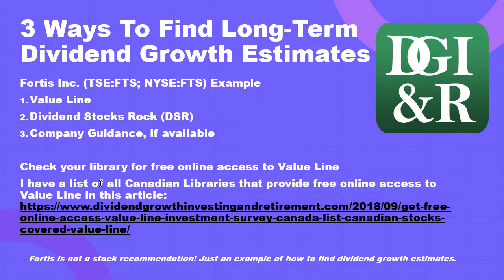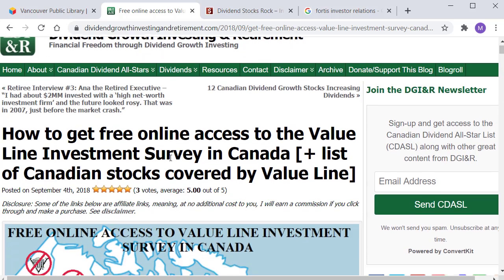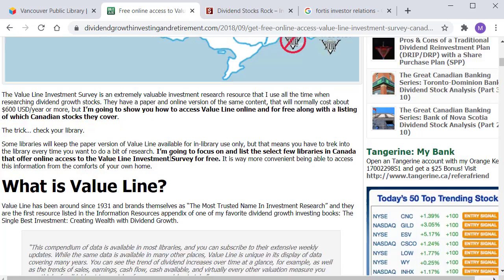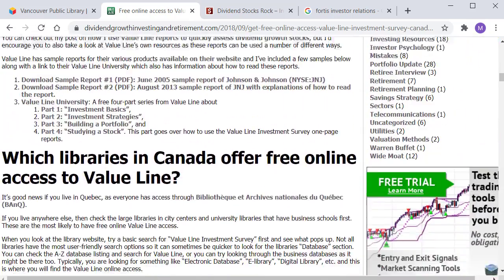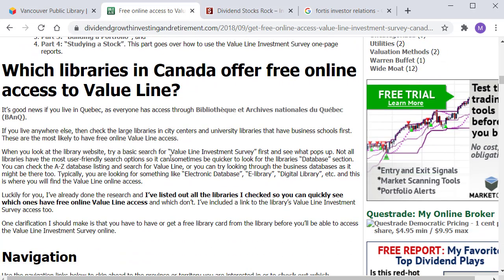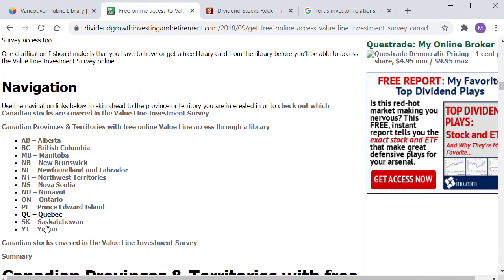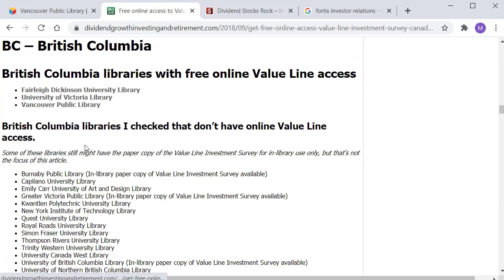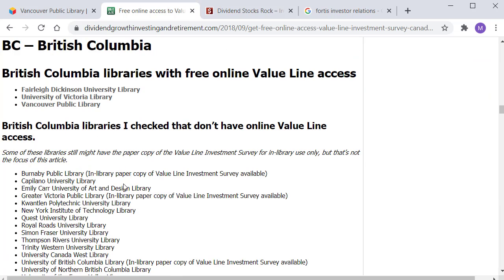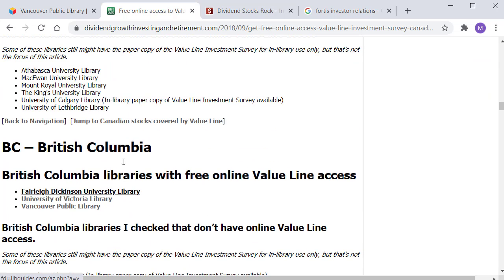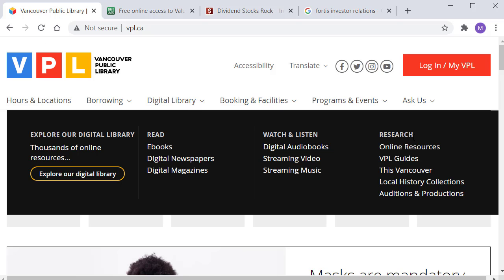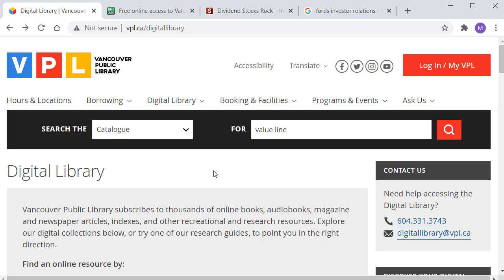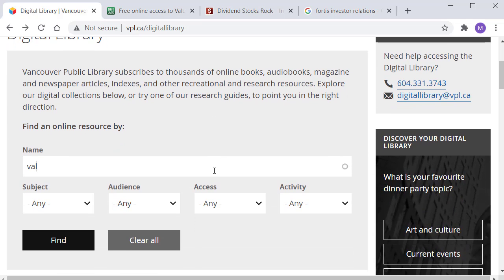So let's jump in. This is the article that lists all the libraries in Canada that have free Value Line access. I'll link to this in the video description as well, but you can pick your province and then it'll tell you which ones have access and which ones I checked. Anyways, so when you go to your library, you're going to look for something called online resources, and then from there you're going to search for Value Line